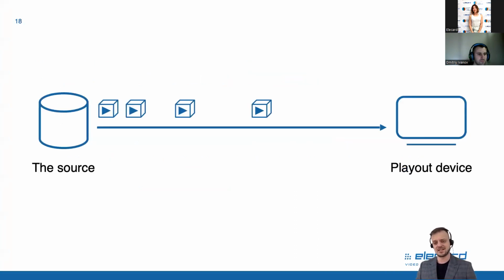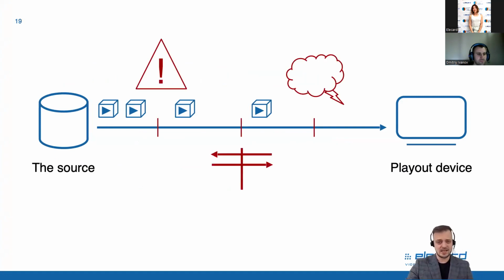Let's imagine a little example. Consider this: your video stream pipeline is a road. You have the source and you have the destination, the playout device and the VOD system. Little packets of video stream are traveling down that road. They go from the source to the playout. On that road, many things can happen. Your packets can get lost, collided, replaced, arrive at the wrong time, at the wrong place, or get stuck in the cloud. There are a lot of things that can happen with packets, especially with the CDN systems nowadays.